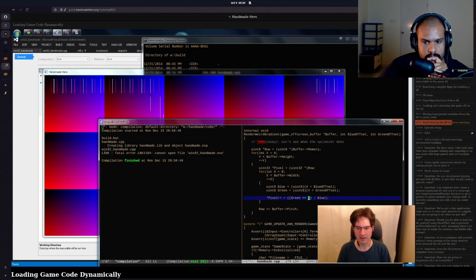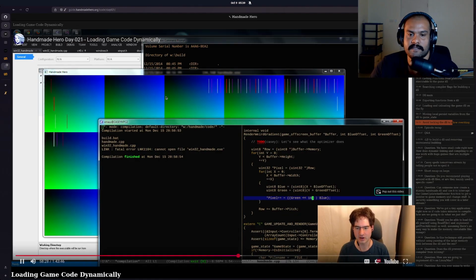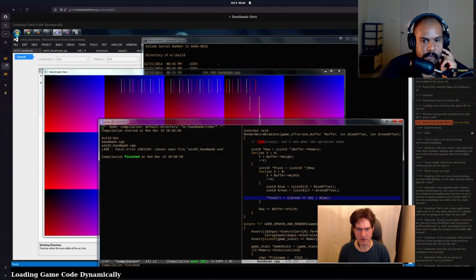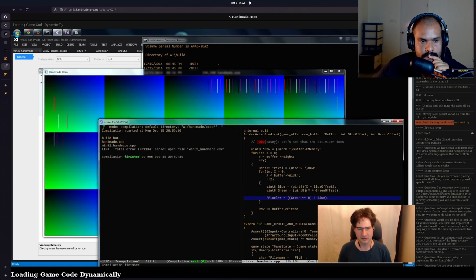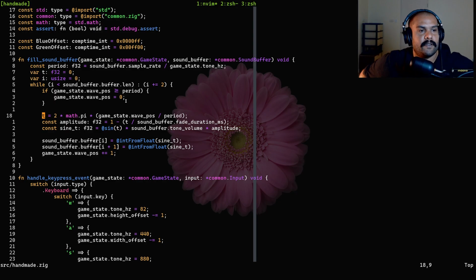So there you go. This is now actually doing what we wanted it to do, which is basically we can edit the code and have it update while we're running, right? And we don't actually have to stop the executable. And again, the state is all actually there as well, right? We could get to the boss fight, change the code, and see it update in real time without having to do anything, right? So it's sort of as good as having a scripting language in some sense. That's pretty cool. Okay, so to be able to do that, I need to copy